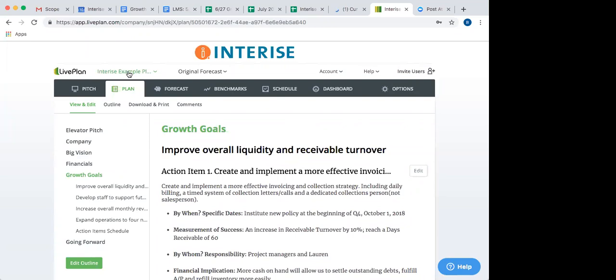Excellent. And again, once this 6-month pilot program comes to a close, if you are not interested in continuing to use this software, you do have the option to download and print your plan. So all the work that you put into this over the next 6 months will not be lost. You will be able to take that information with you regardless of whether or not you want to continue along with the software.